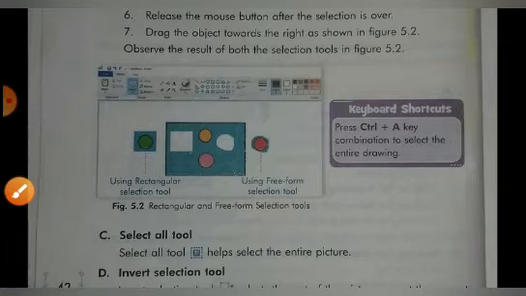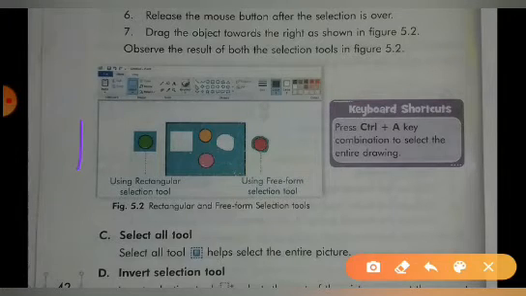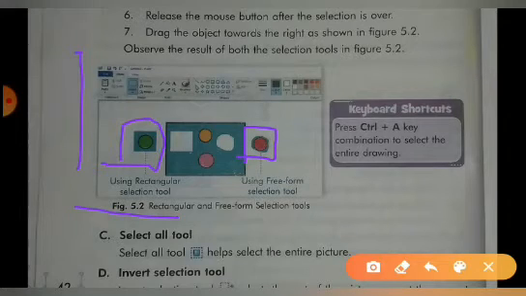This is figure 5.2. You can see here the result of using the rectangular selection tool, and this is the result of using the free-form selection tool. Here you can see keyboard shortcuts. Press Ctrl plus A key combination to select the entire drawing.